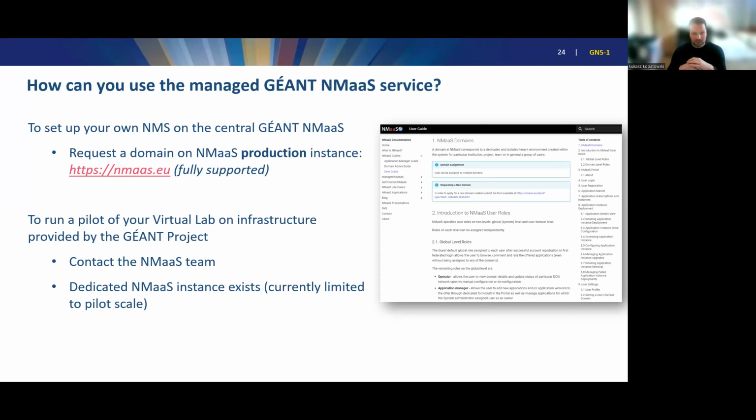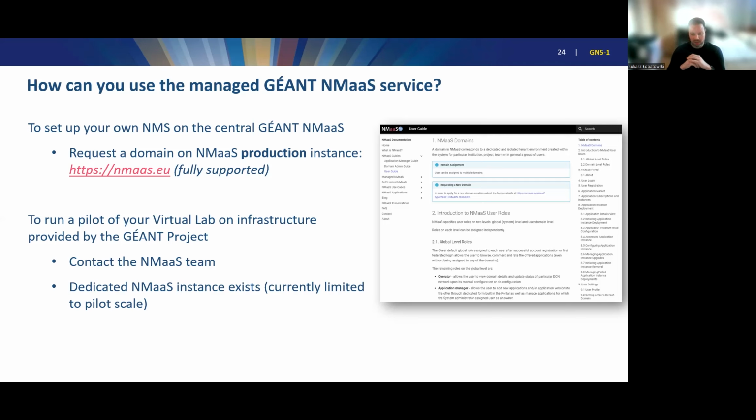As already mentioned, we have the production instance that is running at nmaas.eu,